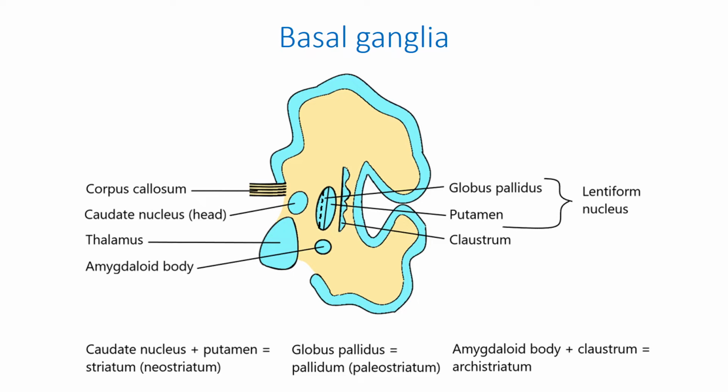The basal ganglia include caudate nucleus, lentiform nucleus consisting of two functionally distinct parts, the putamen